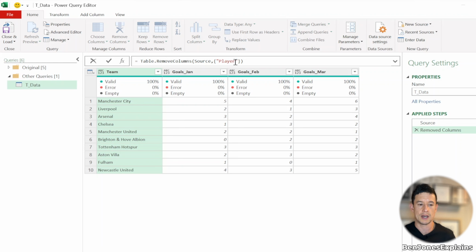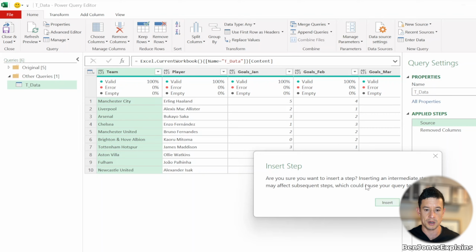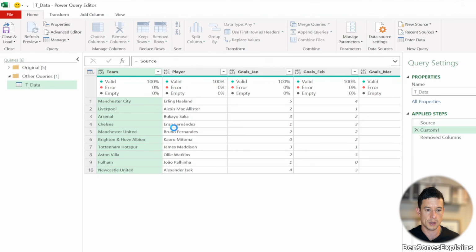So let's have a look at the first way we can remove this. One simple way we could go about this is if that column, player or players, is always in position 2 in the table of columns, we could just use indexing to refer to that second column. So let's have a look at how we could do that. I'm just going to click on the fx button to add a step in. We're going to click insert. So we've got a new step here. I'm going to change that from custom and we're going to call it column names pos2. We're going to use the